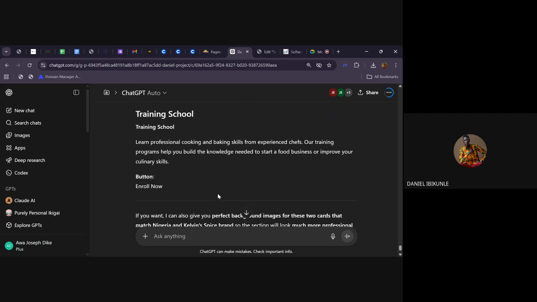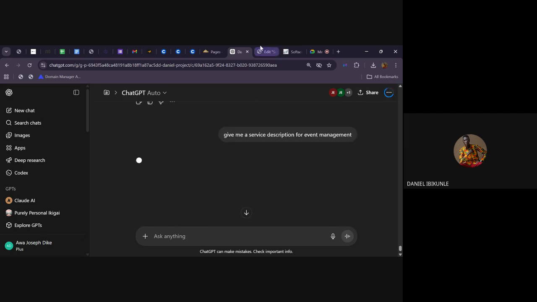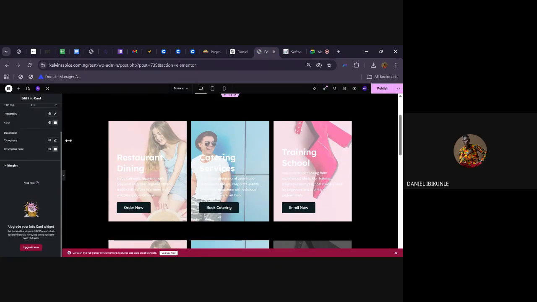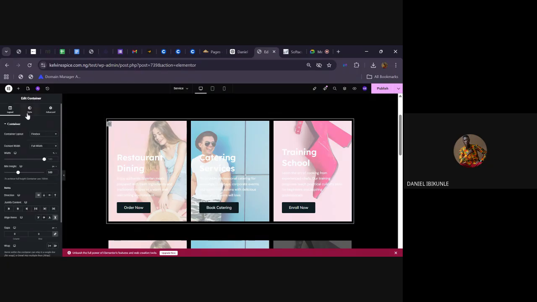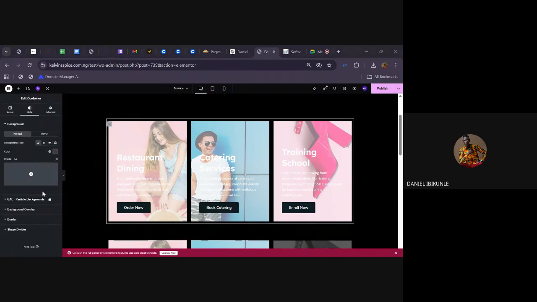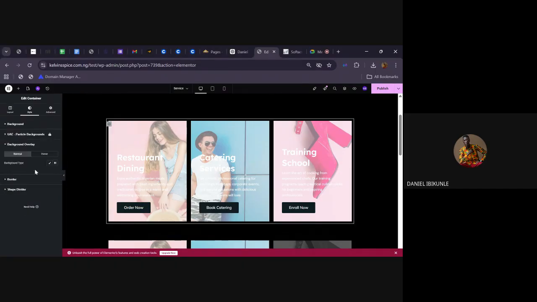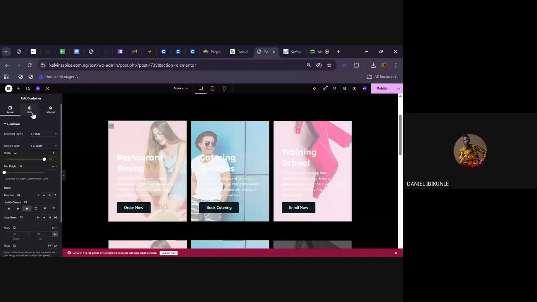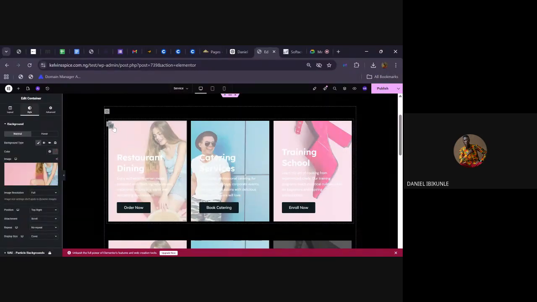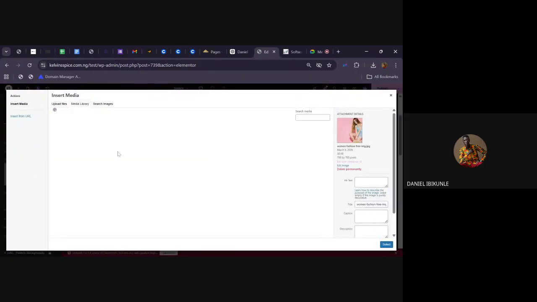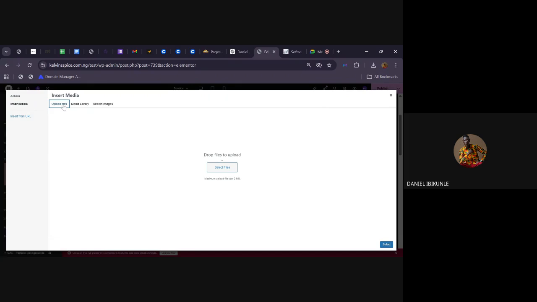Yeah, it's coming up. So while that one is coming up, let's come back here to restaurant dining. Click on this image. Let's click on this box here. I'm sure it's on the box. What background did they use overlay? Okay, so usually click on the box here. Right, let's change the background. So click on upload file,